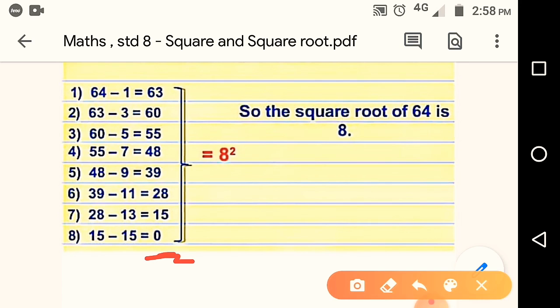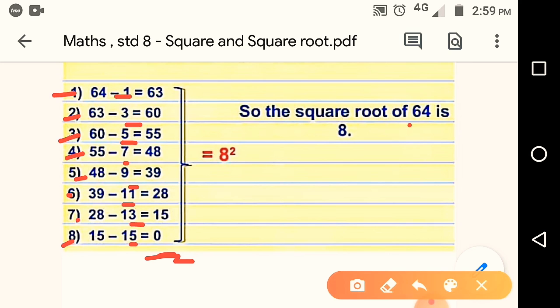Go on subtracting odd numbers. See, these all odd numbers we are subtracting from the answer. So this way go on subtracting till you get 0. Odd numbers you have to go on taking and subtracting. I have got 0. Now you are getting 0 after how many steps? So first step, second step, third, fourth, fifth, sixth, seventh and eighth. After 8 step I am getting 0.